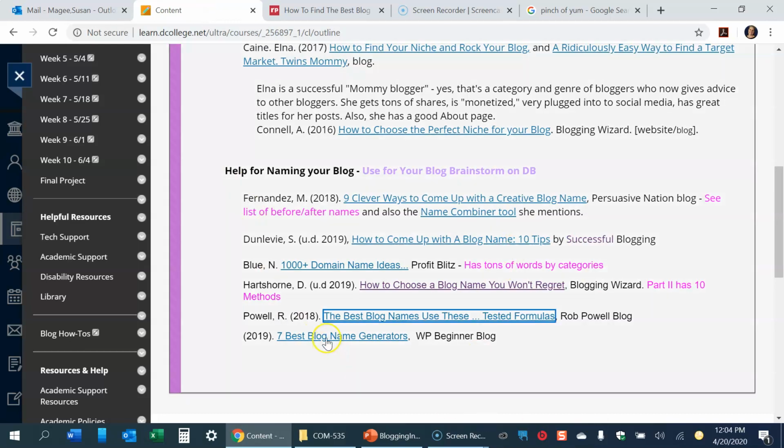You can use this tool to find some of the name generators. The name combiner tool is one where some of the results are pretty funny, but they actually will come up with some usable things for you. But let's look at some